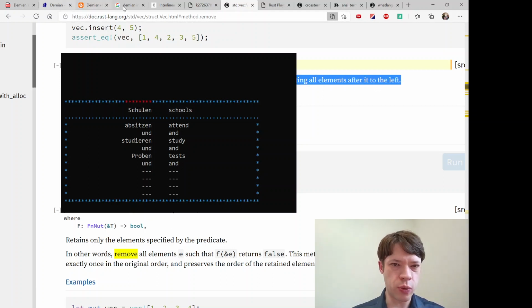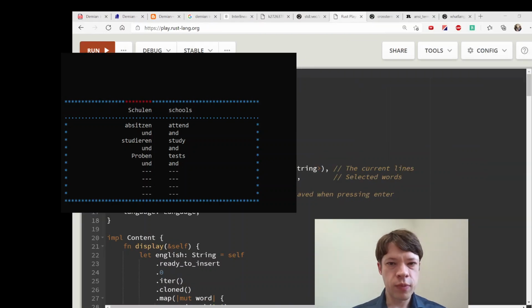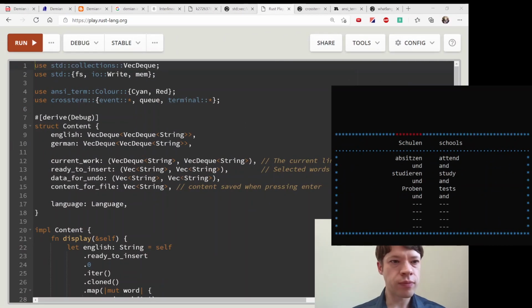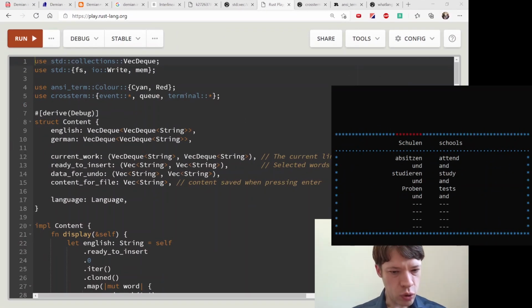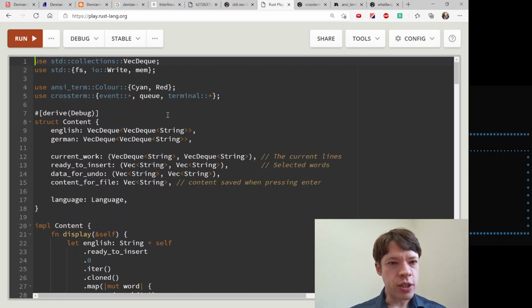So you can still do the same things with a Vec, but I like the idea of VecDeque because they're good for imagining the idea. So anyway, that's the reason for the VecDeque here.